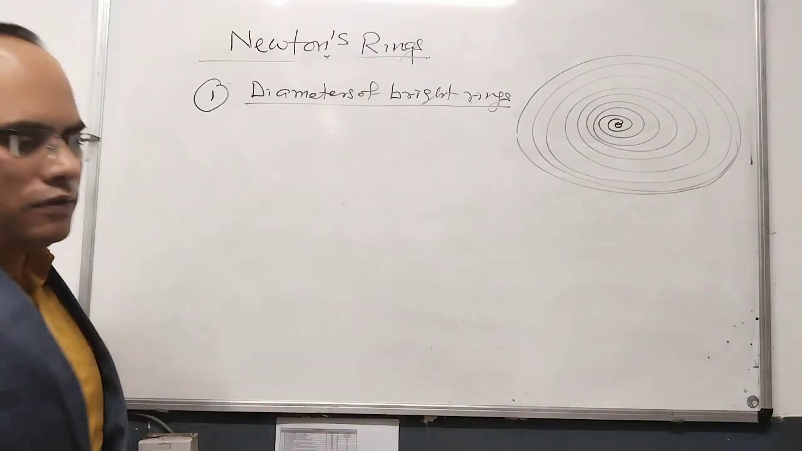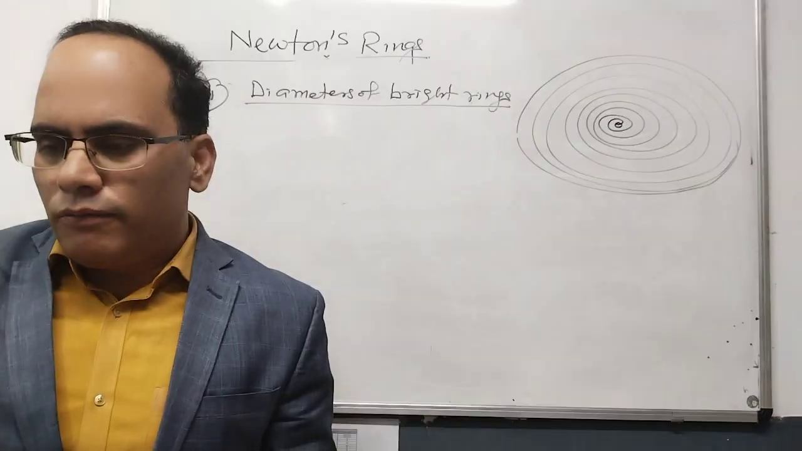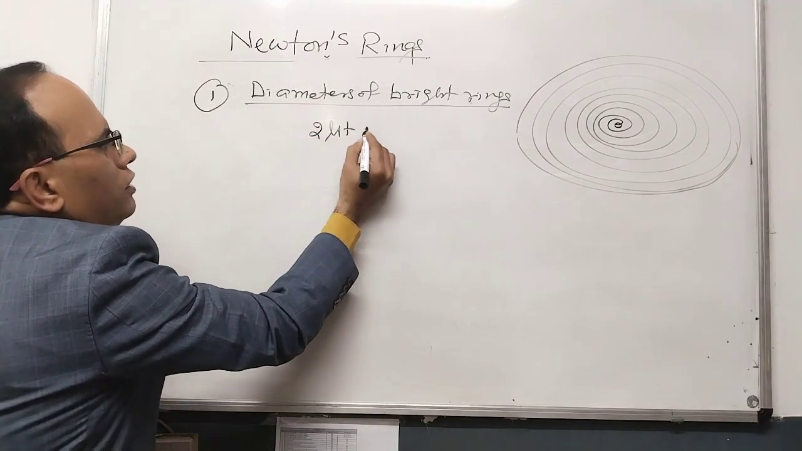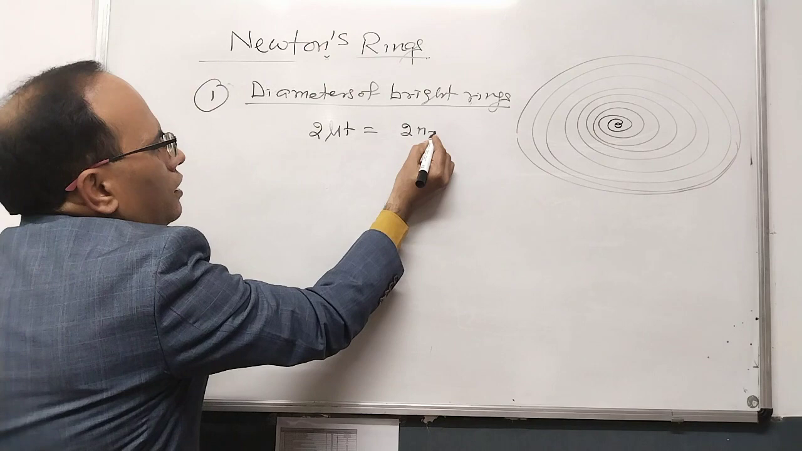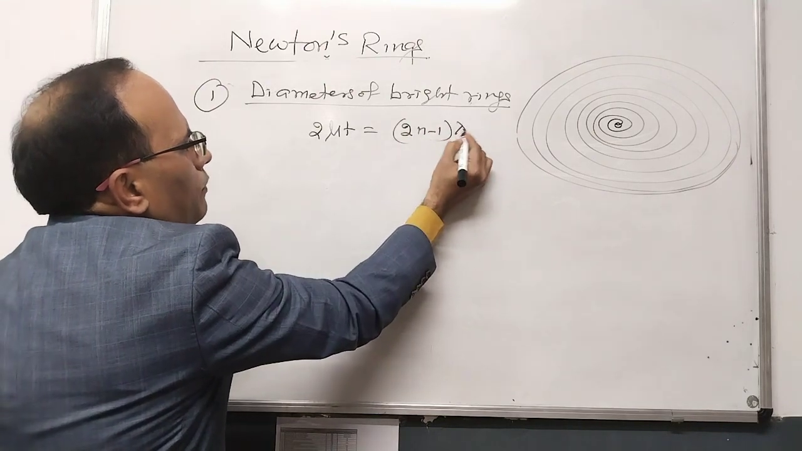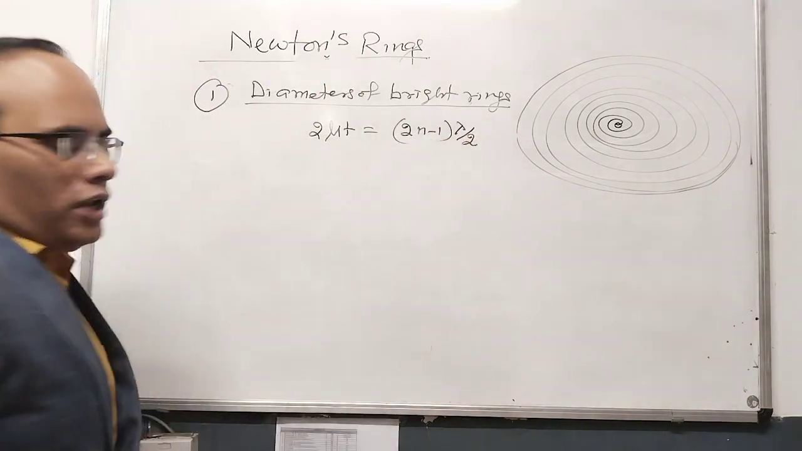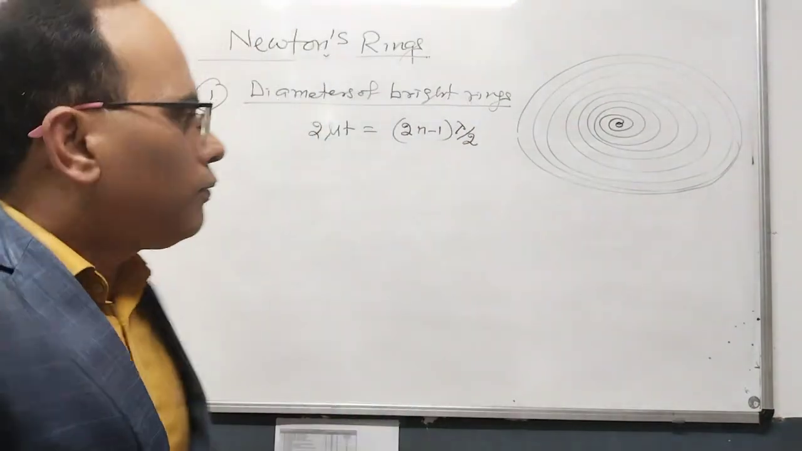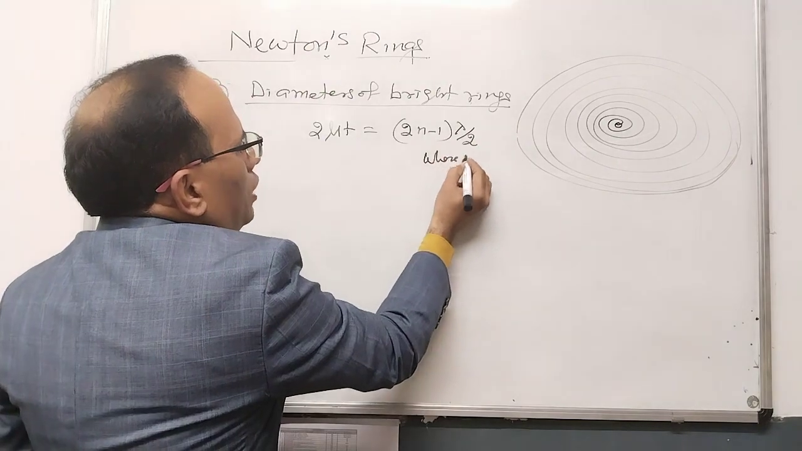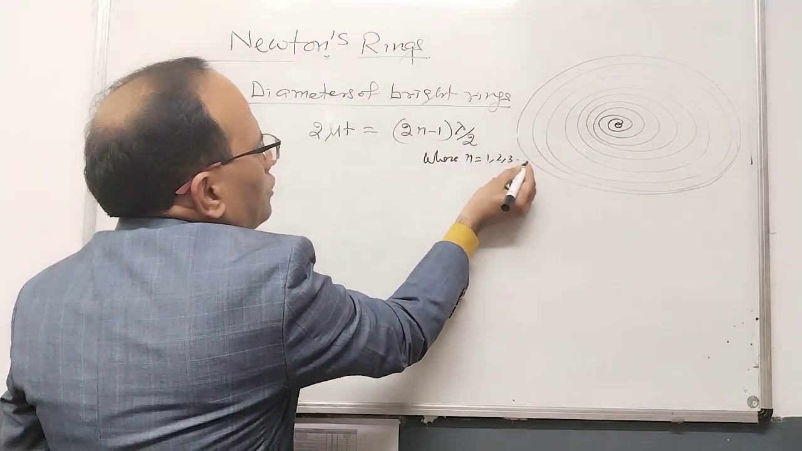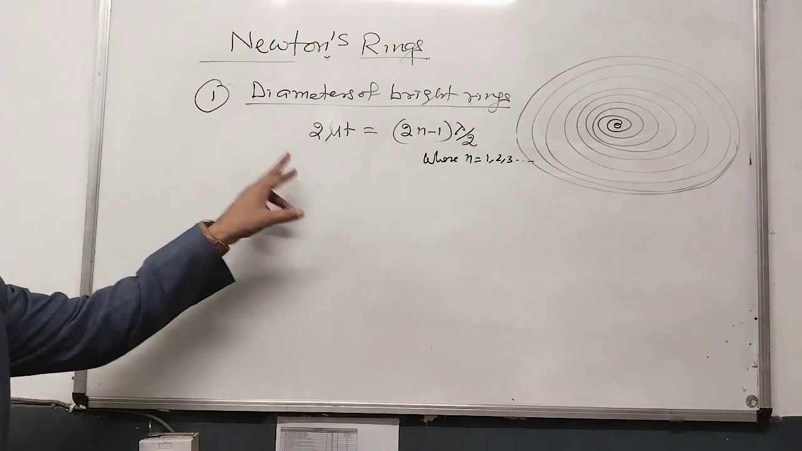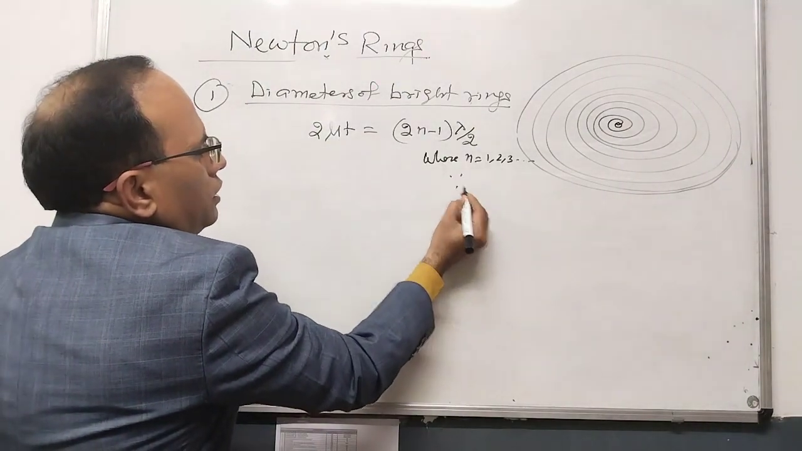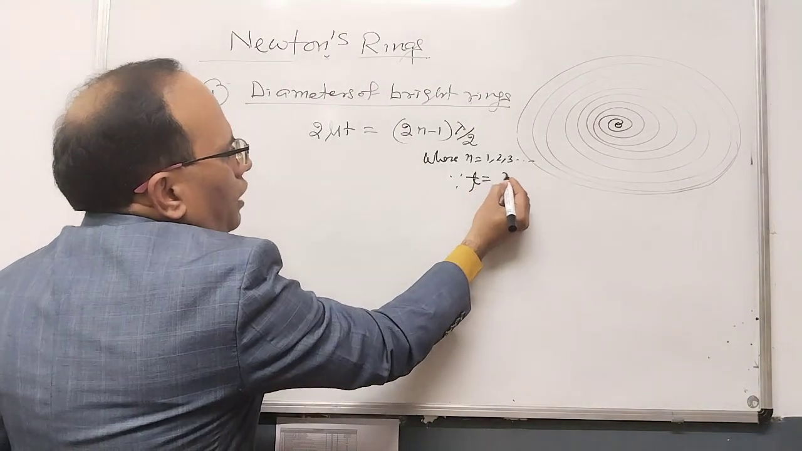In that case, we already know the condition. What is the condition for a bright ring? 2 mu t equal to (2n minus 1) into lambda by 2. This is the condition, where n we have already defined as 1, 2, 3, 4 and so on. Now here you know what t is. We have already calculated t, the thickness of the film, that is r square upon